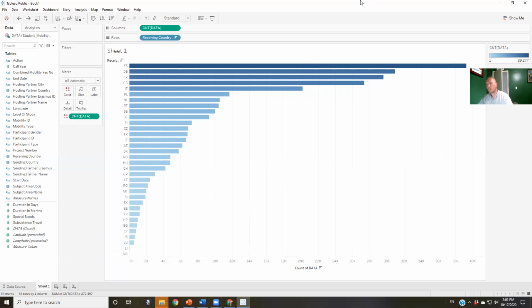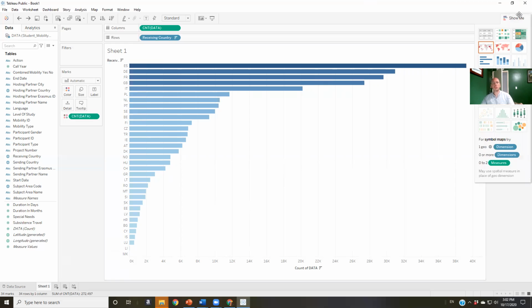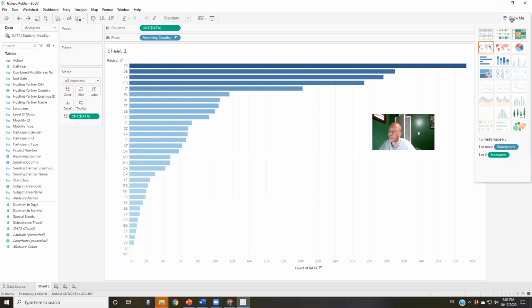Now, click on the show me up here. Because what I want to do there is, you'll see, right, receiving country is actually a geographic term. So I have this option here with maps. And on the show me pane, let me move myself out of the way. On the show me pane here, you'll see some of the charts are highlighted, you can see them colorfully dark and everything. Some of them are not, like these are kind of faded. And